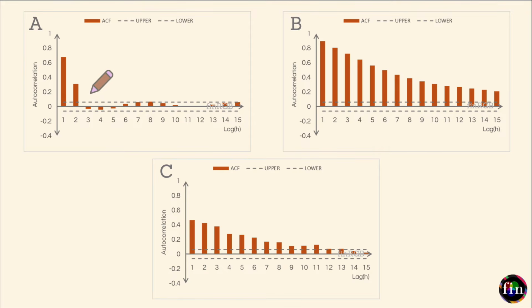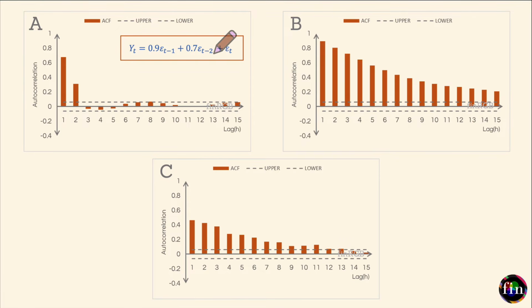Let me quickly reveal the actual specification which I used to generate this correlogram, and it's given here. It was indeed MA2. In this specification, yt depends on the lagged values of 2 shocks, and the maximum lag that we go to is lag 2. So that's the order of this MA process. This was simple.